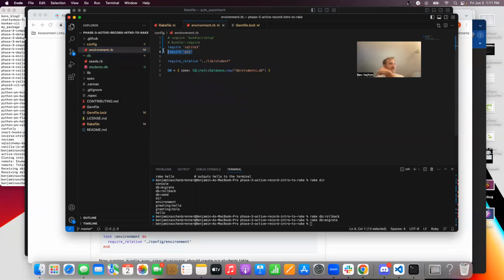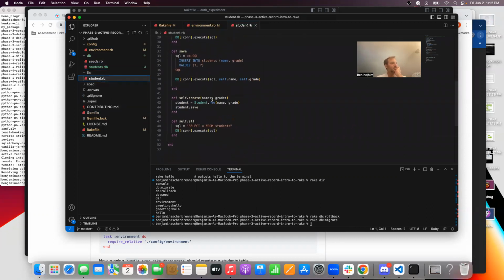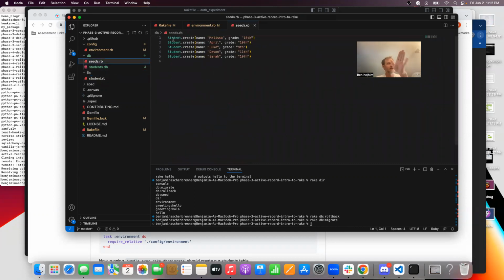The environment file has some lines of code that make sense and some other ones that I didn't really understand. So basically, if you look at the students in the lib here, there's no code written in the sense that there's things being executed. We see we're calling the create method on student, passing in these arguments. Again, we have the implicit hash brackets here. These could be rewritten in the other notation with the symbol